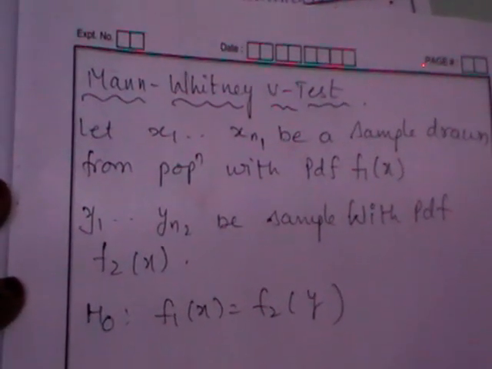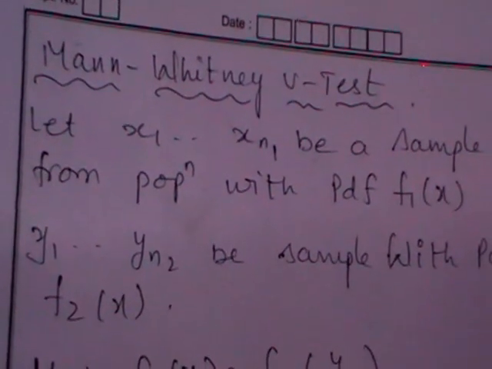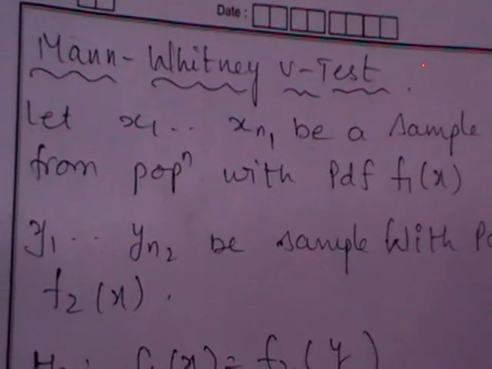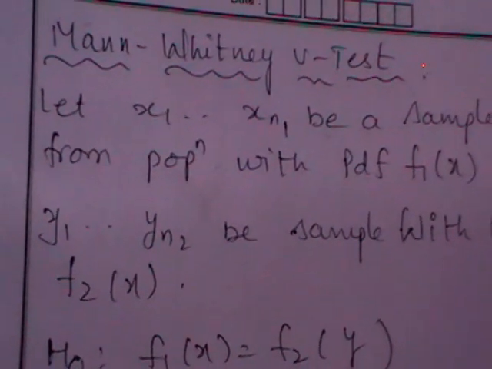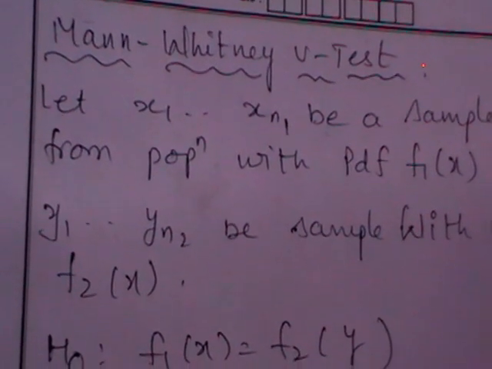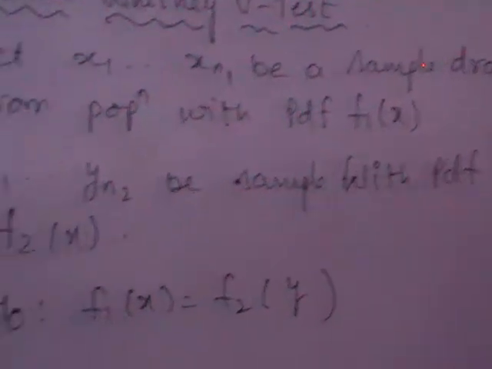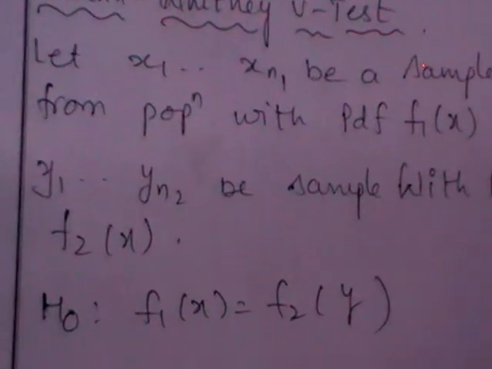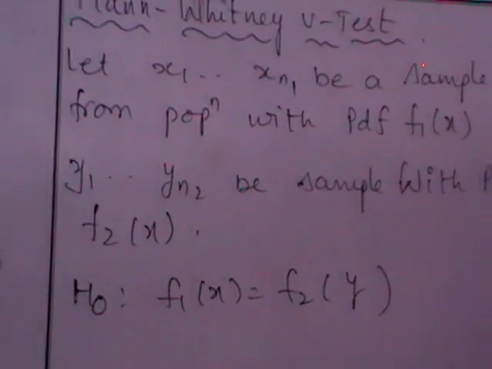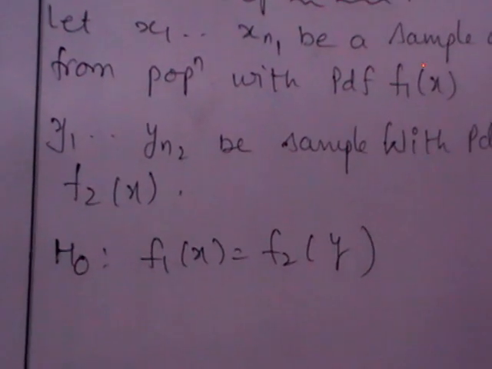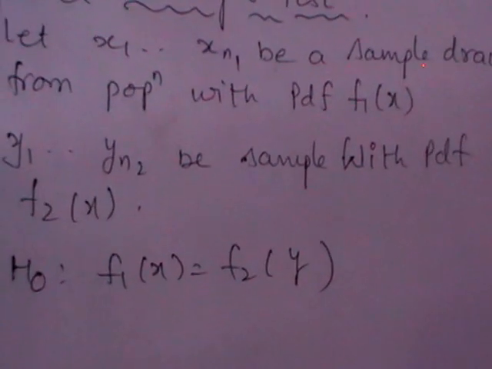The last test in non-parametric tests is the Mann-Whitney U test. As you know, in NP tests, all the tests are used for the same purpose: whether the median is equal to a specified value if it is one sample. If it is two samples, we are going to test the hypothesis that the two samples are drawn from the same population. The only thing you should understand is whether the two samples are paired samples or independent samples.